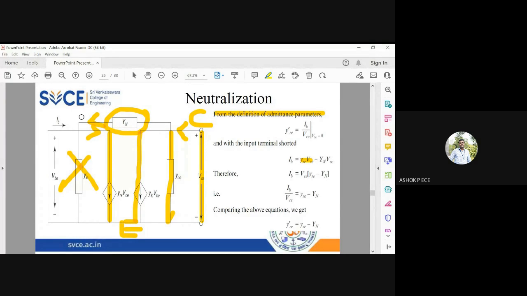You know, the current expression in terms of admittances, V is equal to IR, or I is equal to VY in terms of admittance. The same way, minus YN into VCE. So VCE is common, take it out. IB is equal to VCE into YRE minus YN, and IB by VCE equal to YRE minus YN, or IB by VCE is Y dash RE, which is going to be YRE minus YN. So if YN is not there, then Y dash RE will be equal to YRE. But since you are adding this YN between the input and output of your circuit, your Y dash RE is going to be the actual value of YRE minus YN. YN is going to be the feedback